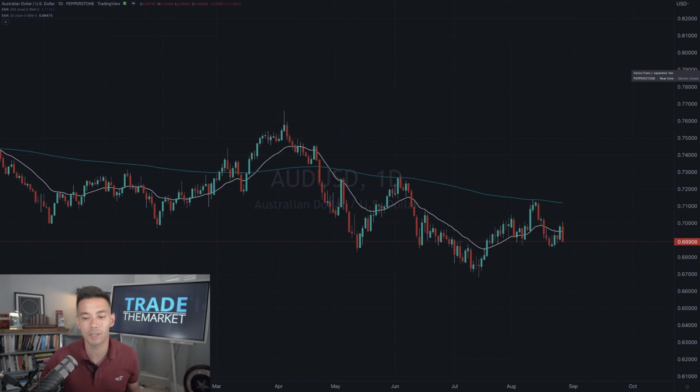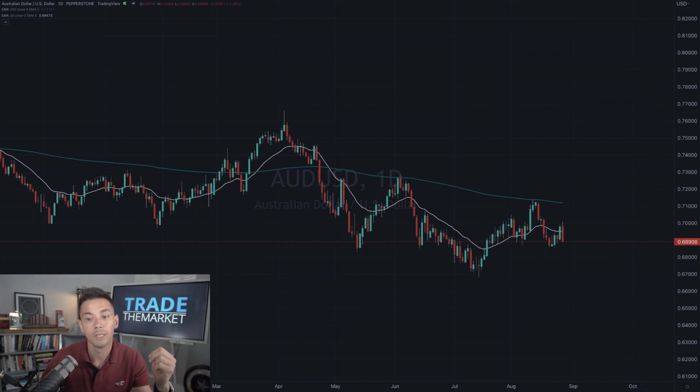Sure, you can swing for the fences, you can get bigger profits if you do it that way, but the problem is that then your win rate comes down, and you want to have a nice balance between obviously your risk to reward ratio and your win-loss ratio, because even though it may look sexy on paper to have a greater reward to risk ratio, if you have a lower win rate, most retail traders wouldn't be able to stick to the system well enough to be able to see that play out. And so it's more profitable on paper, but in practice, it probably will just end up losing you money.